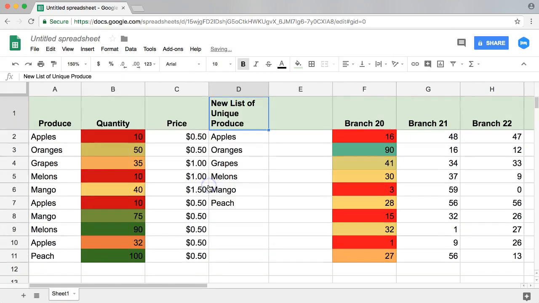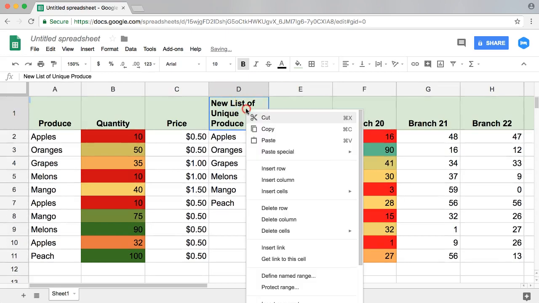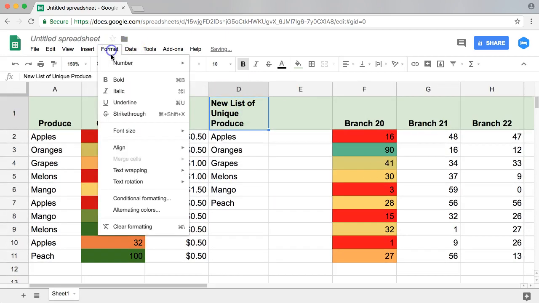Once we wrap text, it will wrap the text, and you can see it will start to move the column or the cell to the right shape or size to make sure that the text is easy to read. So that's nice. Or what we can do as well is we can just select here in Format, and we have an option